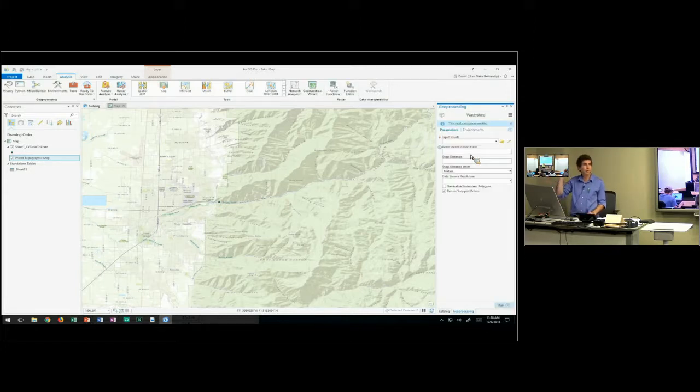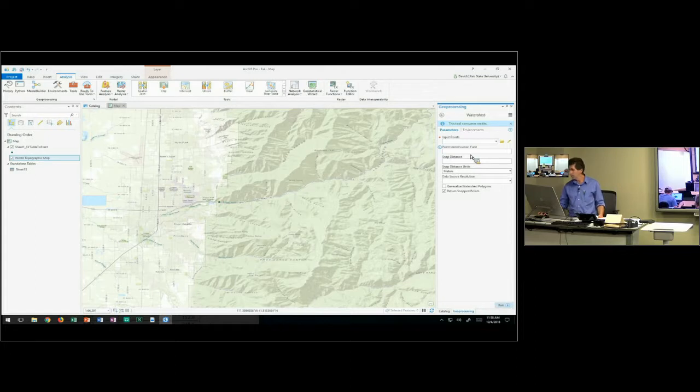Previously, we were just clicking to pick points on the map. Here I'm actually going to choose the point that we got from displaying from our table. And I'm going to go with the finest resolution data, because that seems like a good idea. And